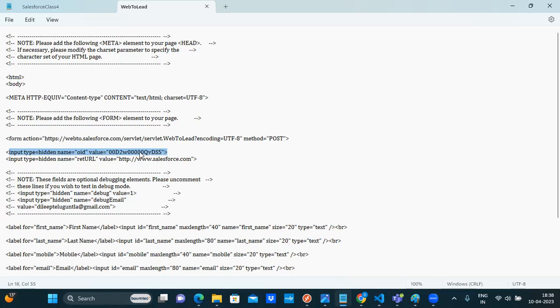It's going to generate this particular HTML form for my org because I'm creating Web2Lead in my org, right? So you can change it to a different org and then the Web2Lead can be used for that particular org also. And the return URL we specified as salesforce.com, and this particular form action,